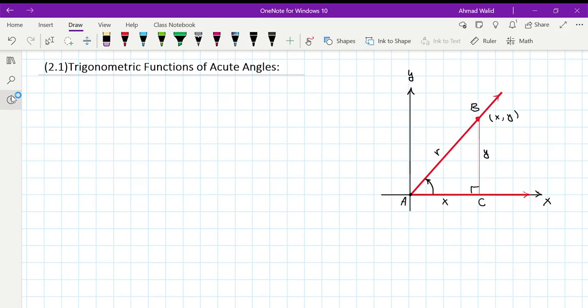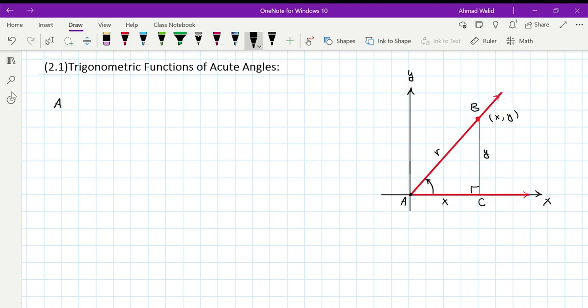And first point, 2.1, I will cover for you trigonometric functions of acute angles. Please look at the right side of the screen. You see I already drew a triangle, which is ABC. You can see it. And in this triangle, I can say for you that